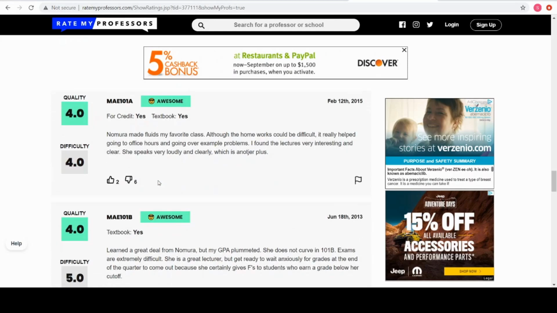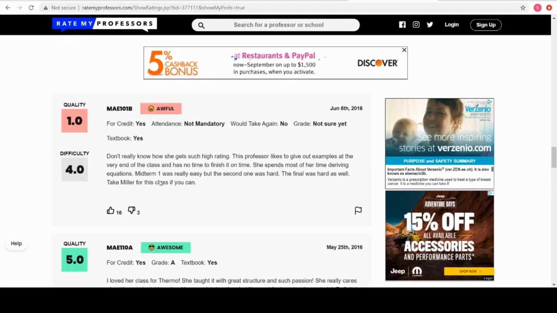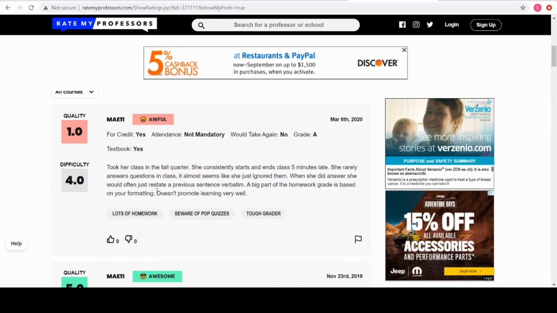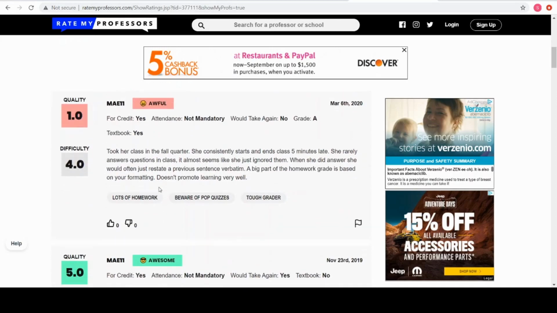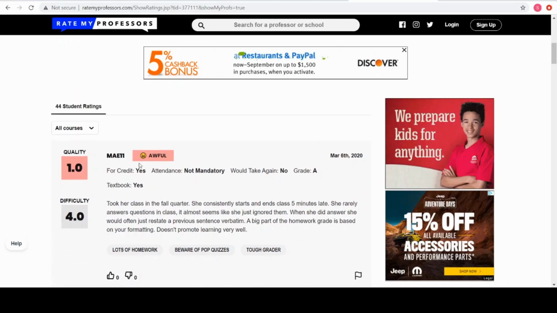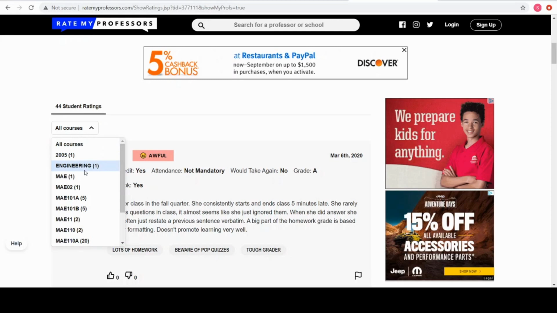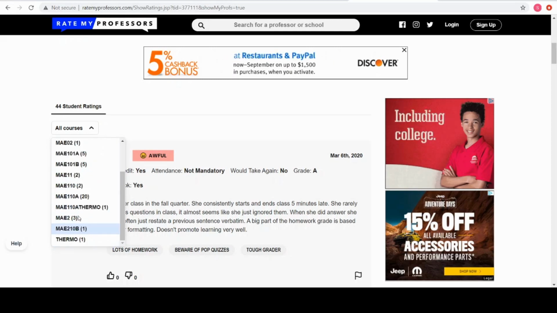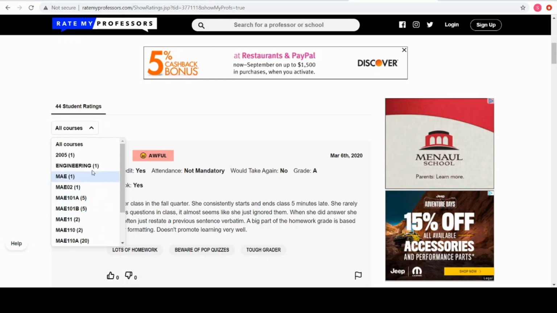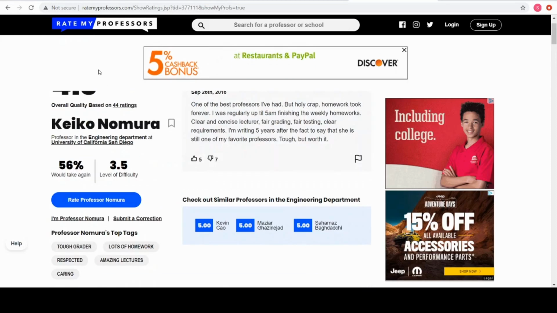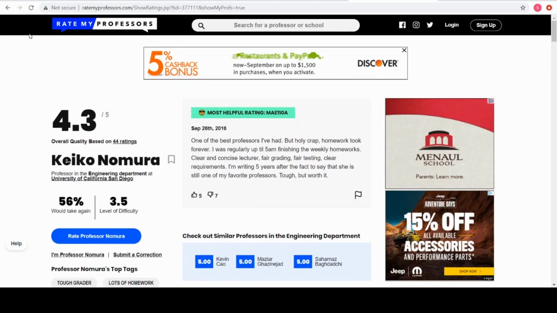So honestly, I think it depends on the person. And this one, it's maybe hard to determine if this professor is good or not, because some of them have gotten thumbs up for those who said they were awful, and other ones have gotten thumbs down for the ones that said this professor was pretty good. But you can also filter these comments by the type of course that they taught. So you can look at these different categories and click on one of them to filter out these comments. That way you're looking at the specific course that this professor is teaching.